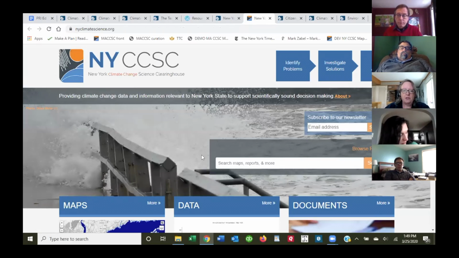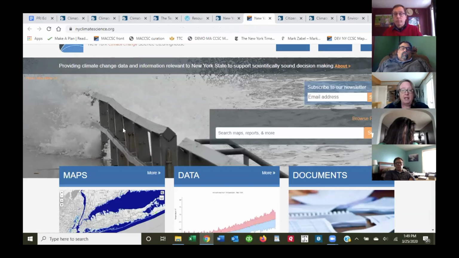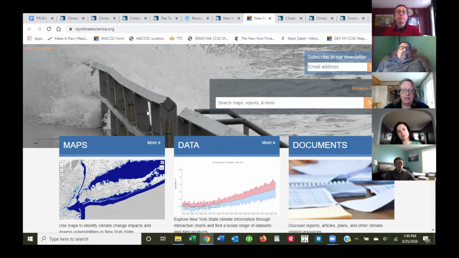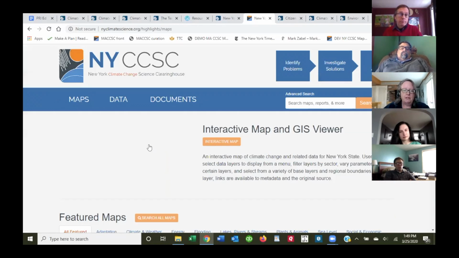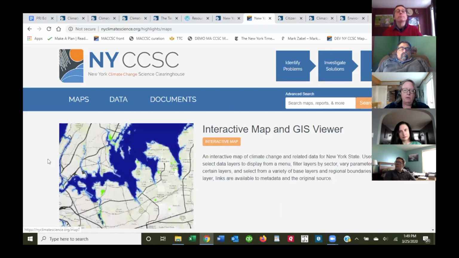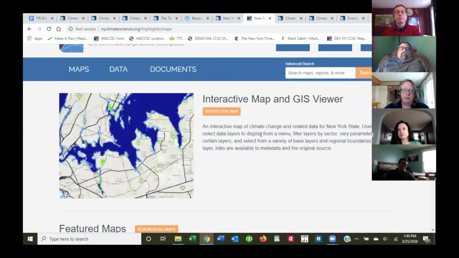So it's a site where you can do a keyword search and you can find all sorts of documents or data sets or maps having to do with climate change in New York State. They're on the order of 2,000 resources there, and a few hundred of those are either maps or data sets. And I'll just show you, since we're short on time, the maps page. We have a custom tool on this site that we developed, and I'll briefly show you one thing on that,